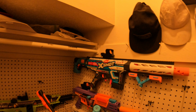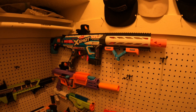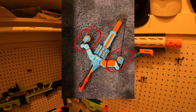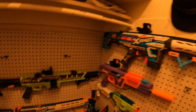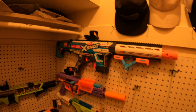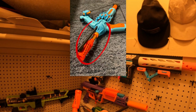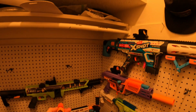This is honestly my favorite bow out of all the bows. And as you can see, it has Ghost Manta's cam kit, which honestly makes this thing a powerhouse. Sorta. And yes, I have a ramrod. But this is what really makes it a powerhouse, because all you need to do is just undo the collet,